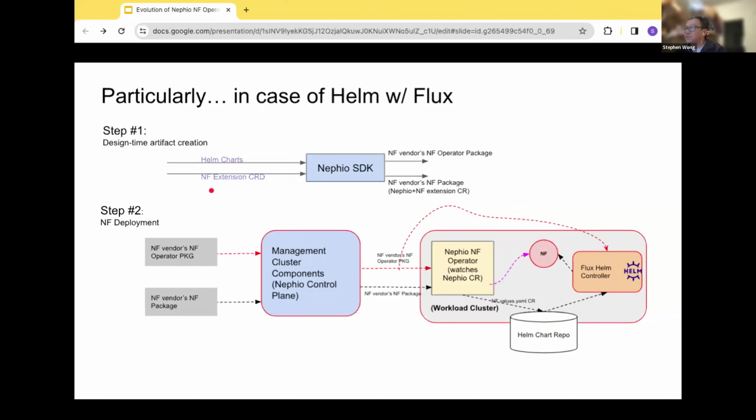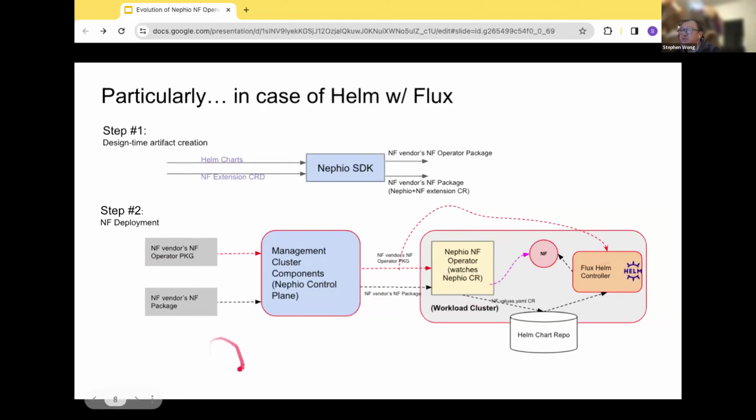But anyway, pertaining to Flux, that basically means step one doesn't really change, other than the fact that the operator package now includes the Flux Helm controllers to make sure that does get run on the workload cluster before we do deployment. So the user still needs to somehow, somewhere deploy the operator first, and then make sure everything runs.